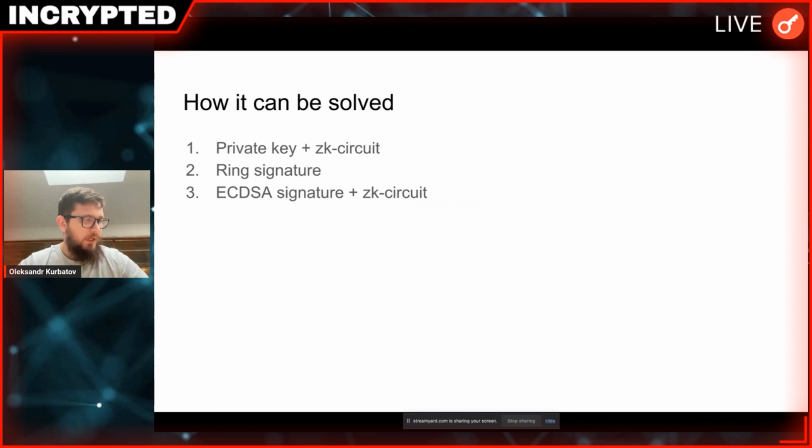So yeah, we try to implement that in three ways. The first one, you can use ZK circuits and a private key directly for proving that some user is included in an allowed list. The allowed list consists of a list of public keys, not public keys, but addresses. And so the private key should be